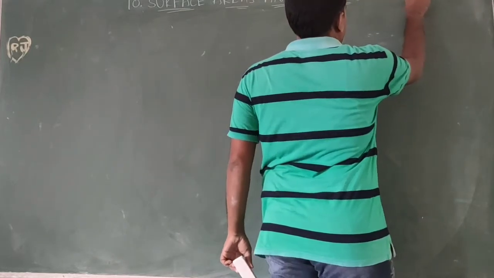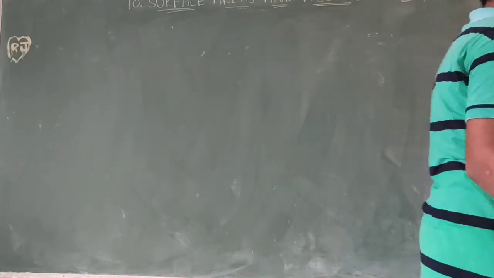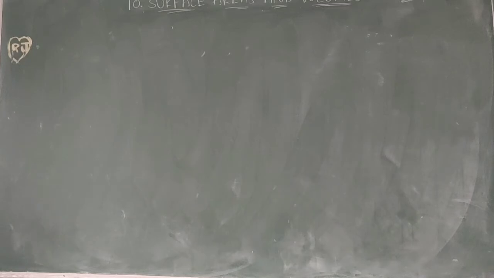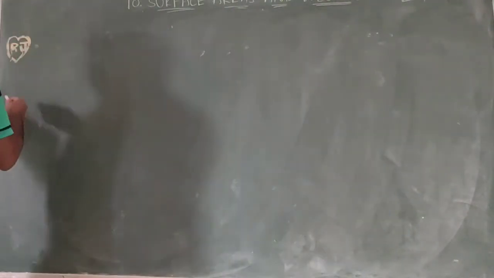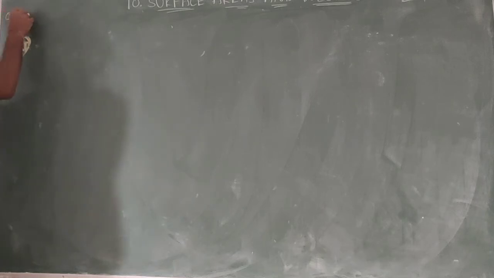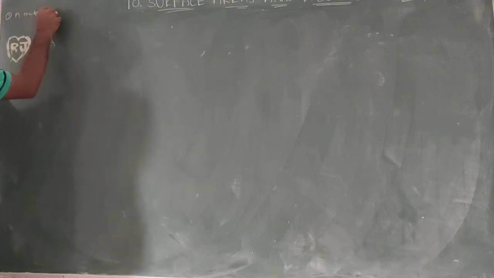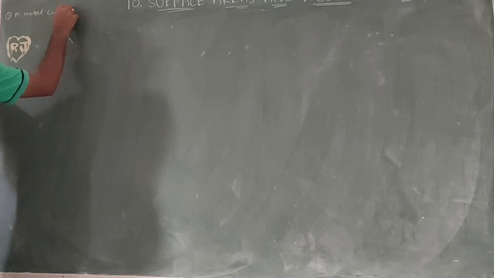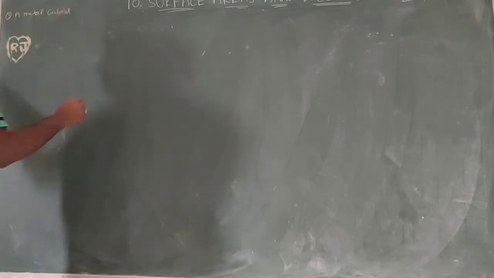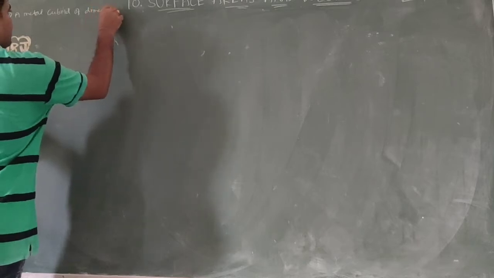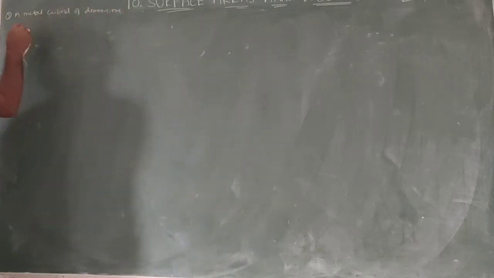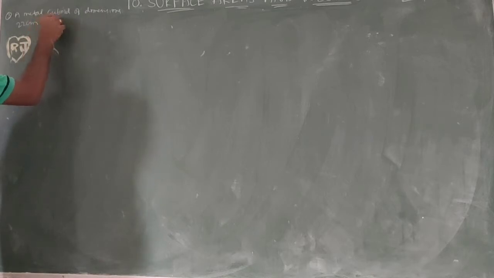Exercise 10.2. Third one. A metal cuboid of dimensions 22 centimeters into 15 centimeters into 7.5 centimeters